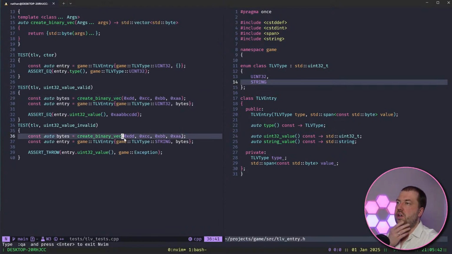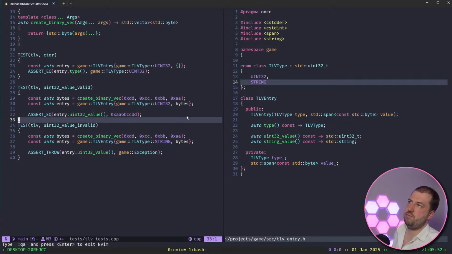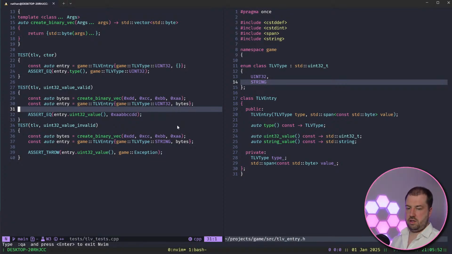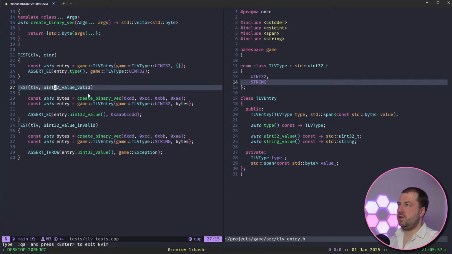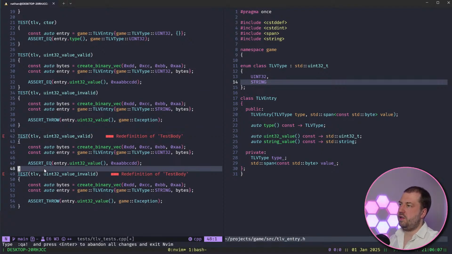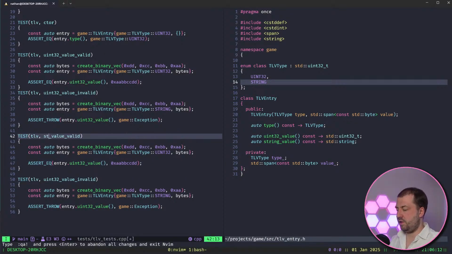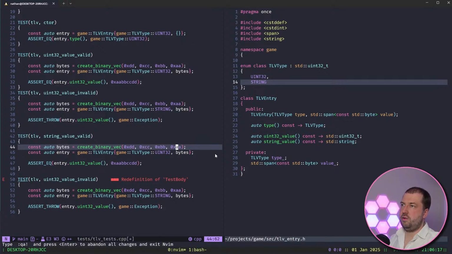These magic values are just test things. Like I wanted to test that I could pull out an integer, so I just picked a random integer. It was the one I normally pick, and then I just little endian encoded it into this array. And now we could potentially parameterize. We could make our lives a little bit easier by potentially parameterizing these tests, but I'm again not a GTest expert, and I think I'd probably spend more time looking that up than actually doing it. So for this, I'm just gonna do